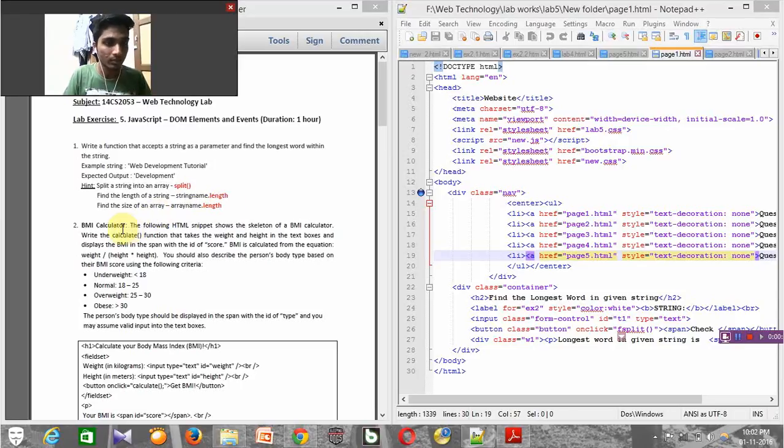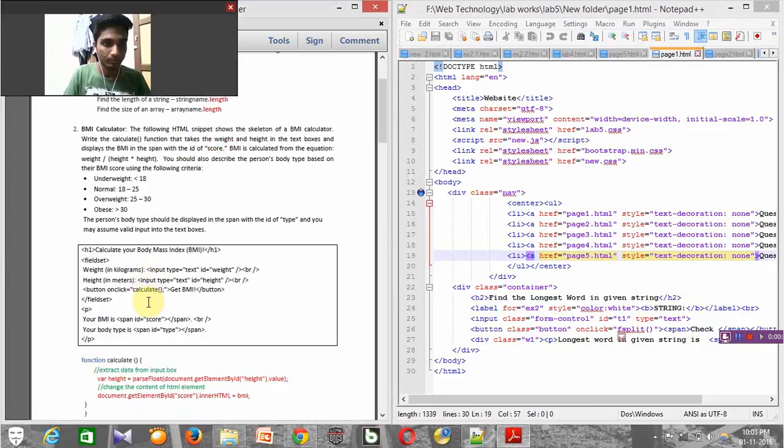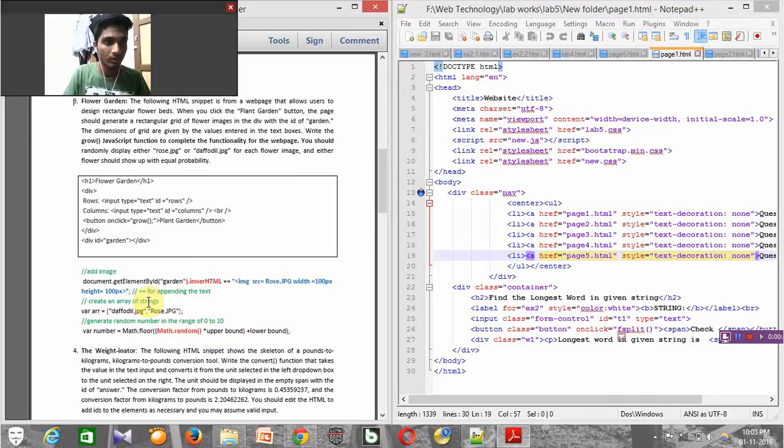And in the second question, calculation of the BMI. So the following rules should be followed. Underweight should be less than 18, normal 18 to 25, overweight 25 to 30, and obesity greater than 30. And the third question is